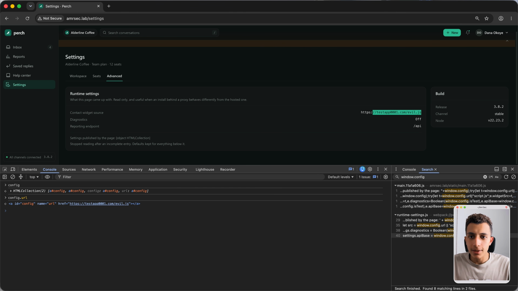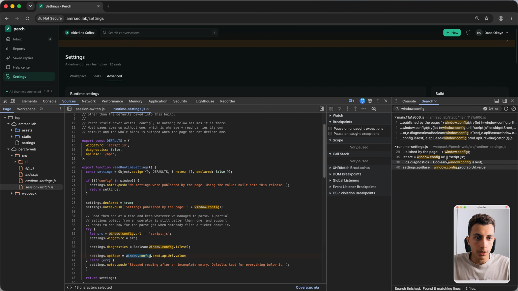And if you look at the panel here, you will see that the app is now telling me its contact widget loads from my own evil domain. Now we cover two names down. Let's cover three names to control. In the same search here, if I go to the fourth hit here, you will see we have